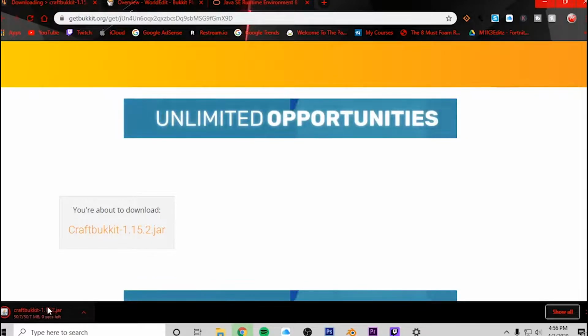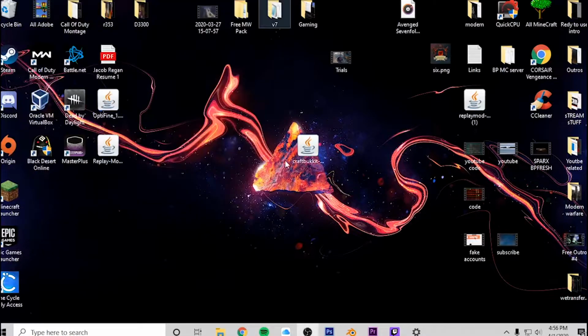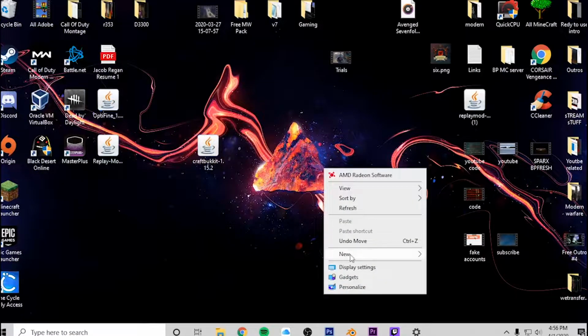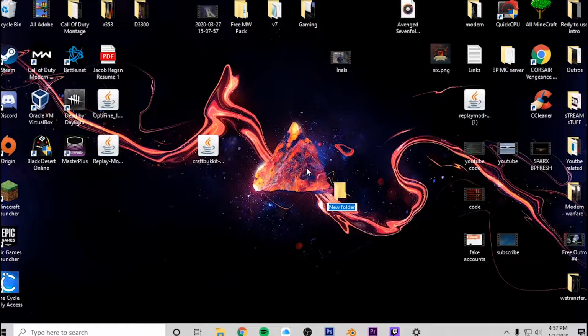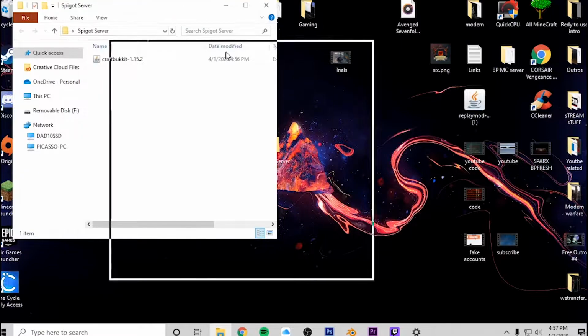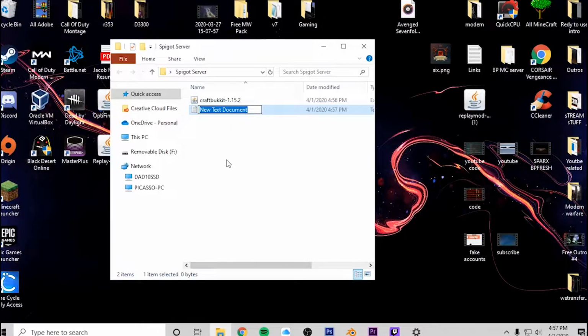Once that's done, we're going to go ahead and go over to our server files. So go to your file explorer, go ahead and grab your CraftBukkit, drag it out here onto your home screen. What we're going to do is create a new folder. Let's go ahead and call this folder the Spigot server. We're not going to call it BP server or anything like that. Go ahead and drop this in here like that. Boom, there you go. And then we're going to go ahead and create a text document. We're going to do new, then text document. We're going to call this